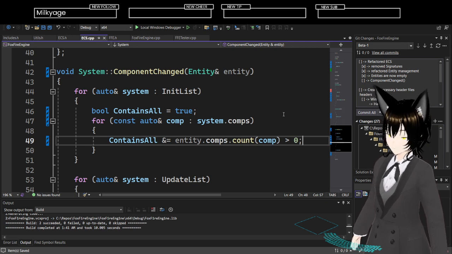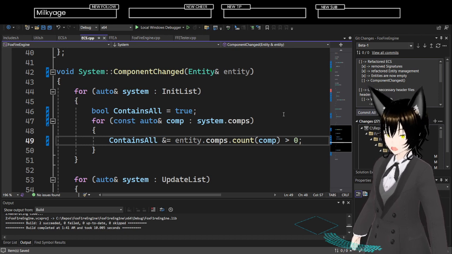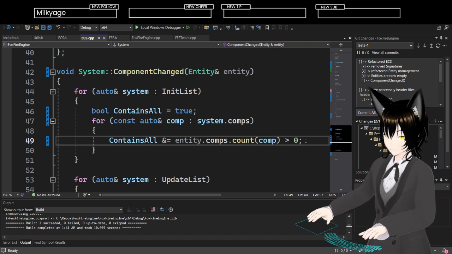I also want it to be able to run on lower end devices, because I'm developing on a low end device. So I don't want to be running out of memory, at least not unnecessarily.